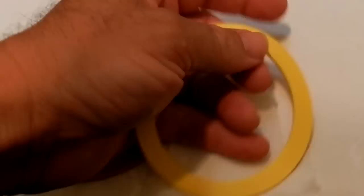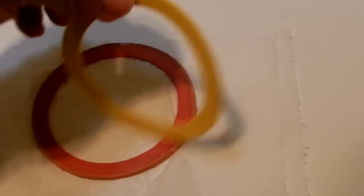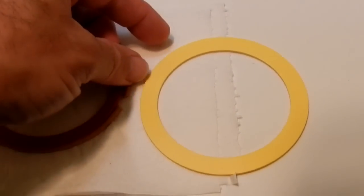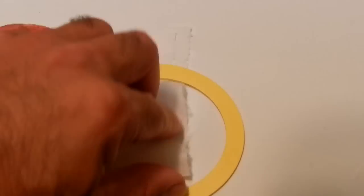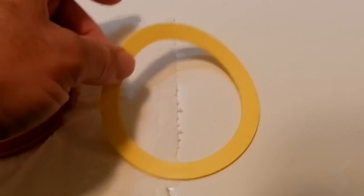And here's the new washer. Same size, a little smaller, not stretched out. And that's the washer. I took photographs of the package. As I said, I'm going to include that in the video. Okay, so back over to the toilet now. So we've got this